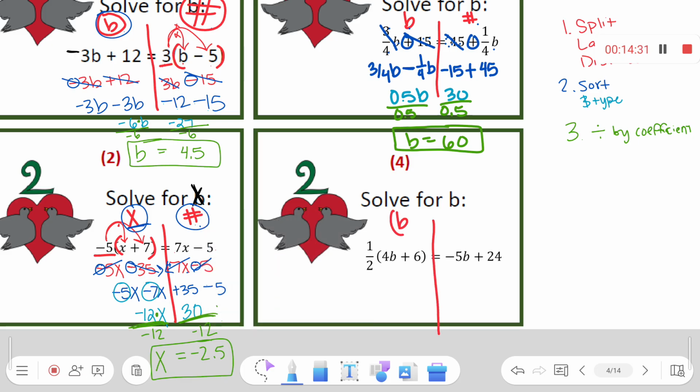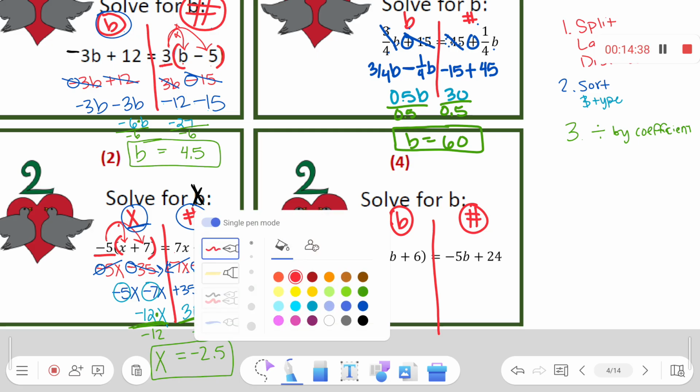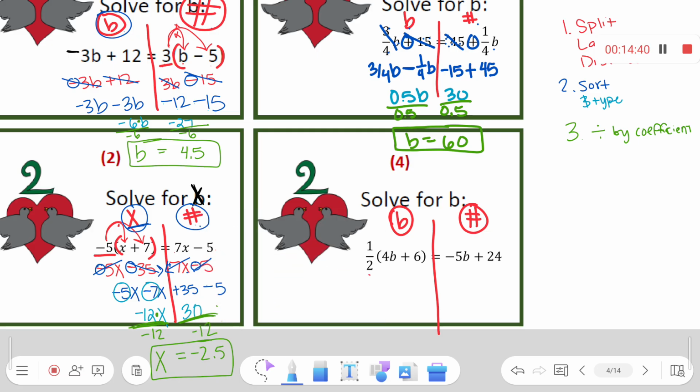Label, I'll put these on the left, plain numbers on the right. And then now we distribute if we can, which we can. We have parentheses with a number on the outside. So I'm doing 1/2 times 4. Well, 1/2 times 4 is 2. So this is 1/2 times 4b, or 2 b's. Then I have 1/2 times 6, which is 3. That was a positive. Okay, then I'm copying the other side down, negative 5b plus 24, just so I can